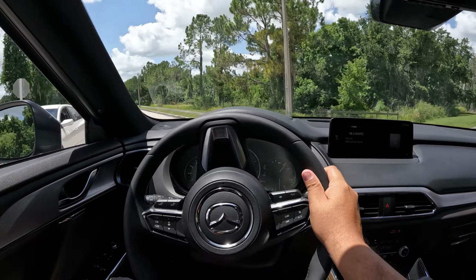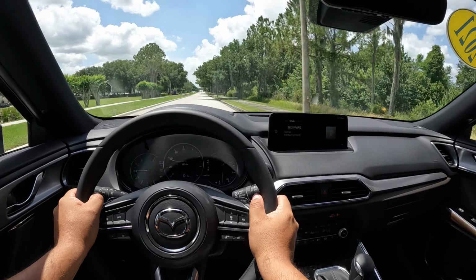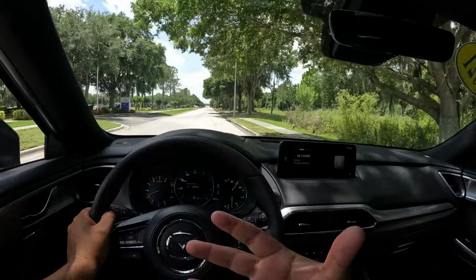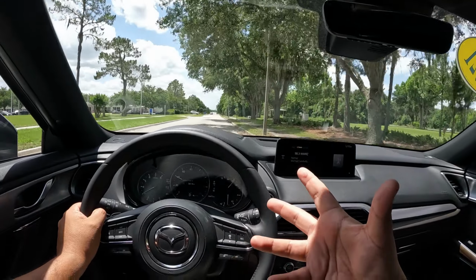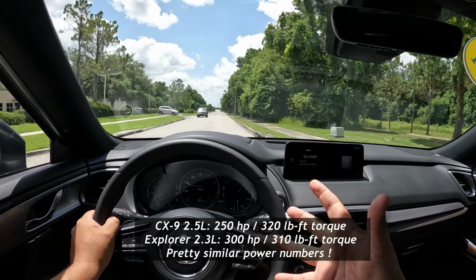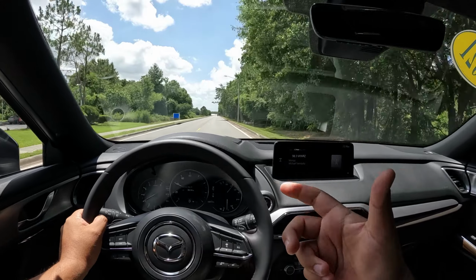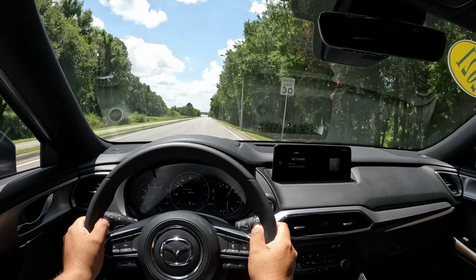But Mazdas are known to handle a little bit better. And obviously, let's go ahead and check it out. Yeah, it's got some good throttle response. Not a lot of horsepower, but it's got pretty good torque. Obviously, this is the same type of torque as a Ford Explorer ST with the 2.3 liter 4-cylinder turbo engine. So it's got about the same torque and about the same power. This has got 280. The Ford's got 300 horsepower. But if you floor it,